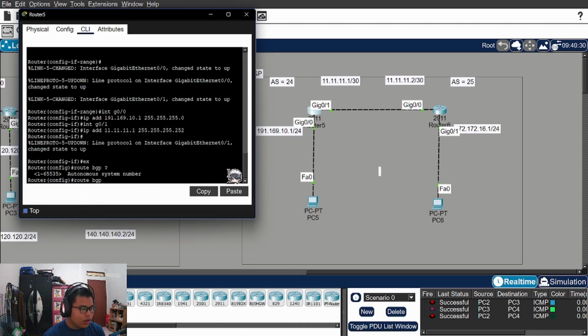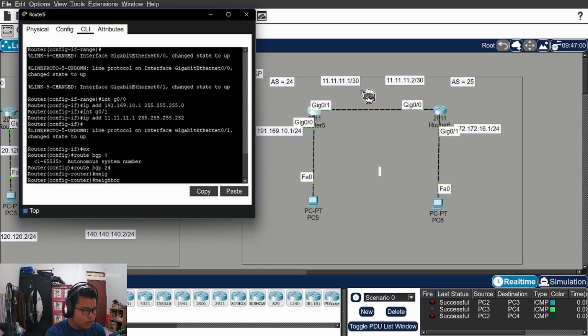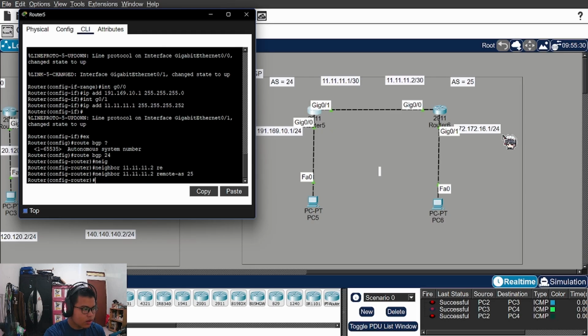So now I'm gonna use 24, because, as we could see, I have AS 24. Type in neighbor, the main one, this router, 11.11.11.2, remote AS 25. Okay,